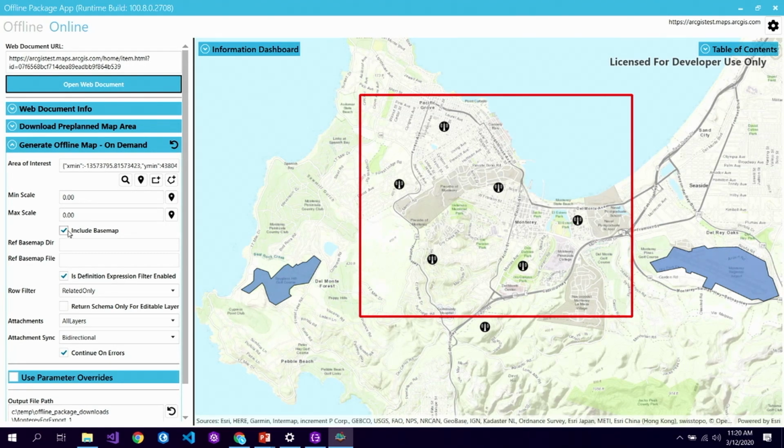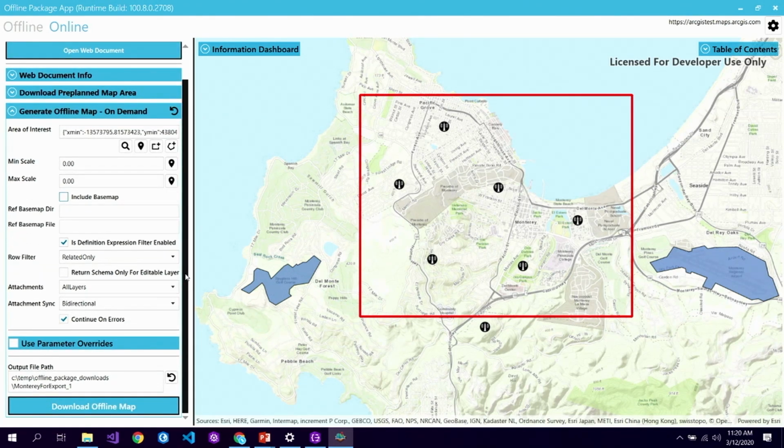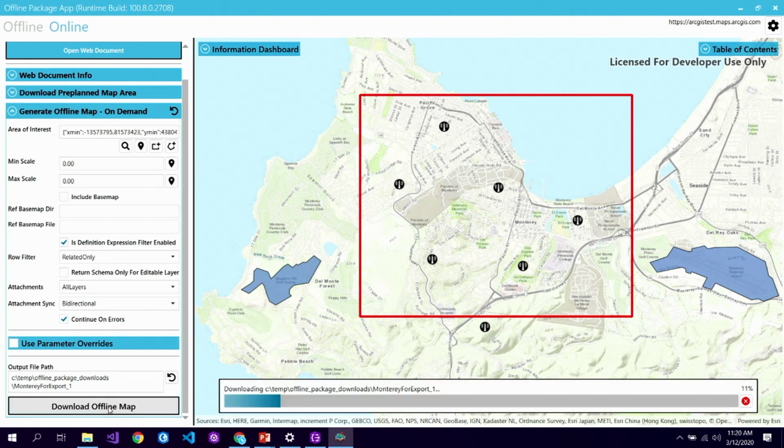And because I already have base maps loaded on my device, I can uncheck that I want to include the base map. So it should just grab any of the other operational overlays that are in my map. There's many other settings that you can choose here that are available in the API, and I don't really have time to go into them. So I'll just show the defaults essentially. And now what it's doing is it's going to the server, it's requesting that it package